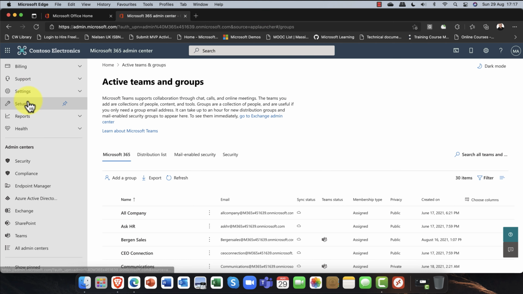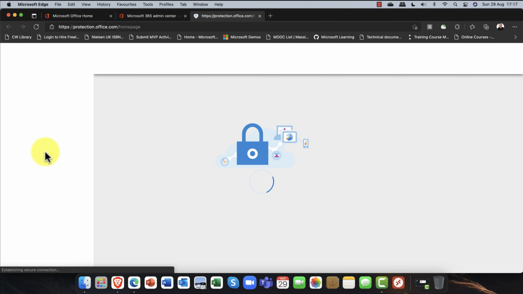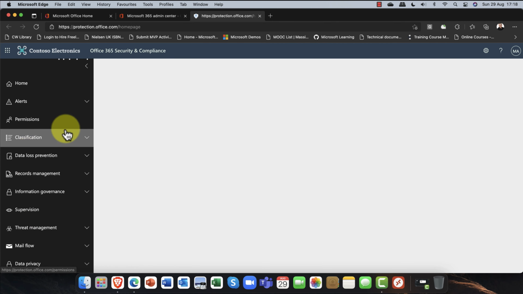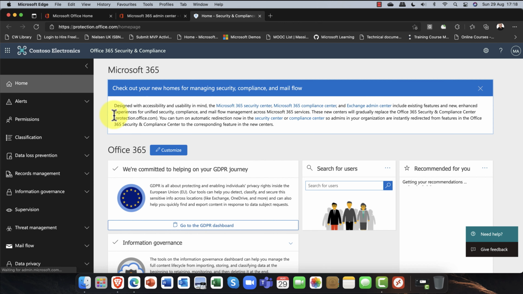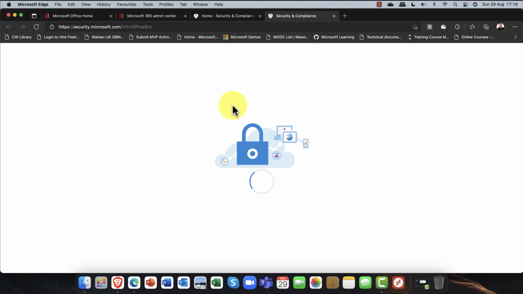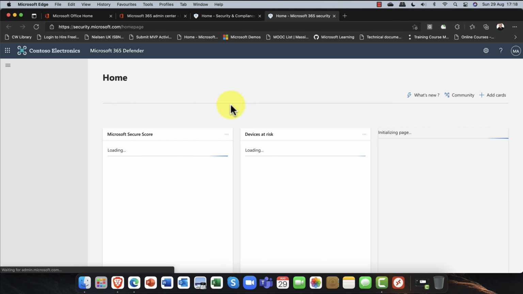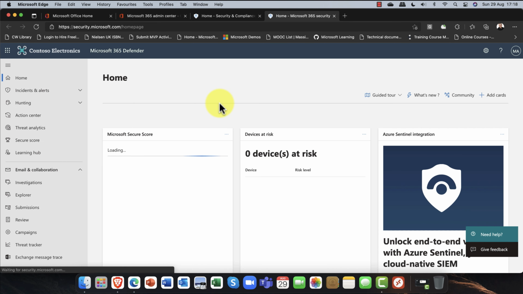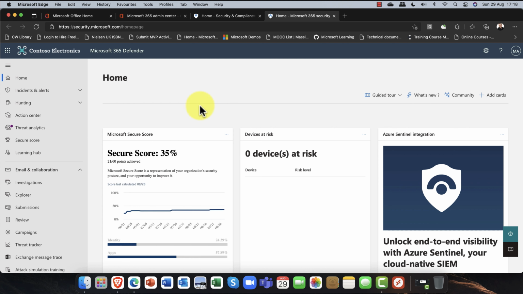Now, moving back into Azure Active Directory, what I want to do here is scroll down to 365, and I'm going to come into the security node here. Now, for some reason, and this is the old portal that it keeps bringing you into, I'm going to go into the new security center in 365. All right. So in here, we can see that, again,